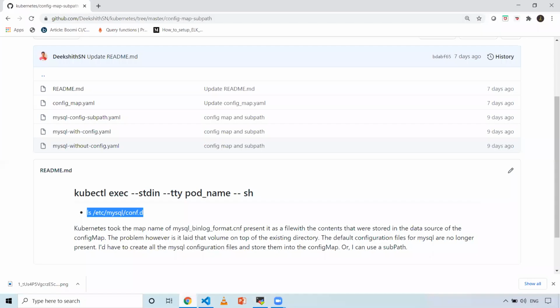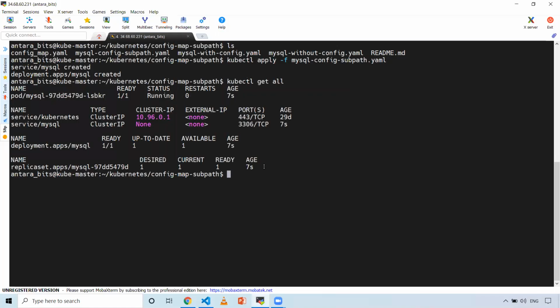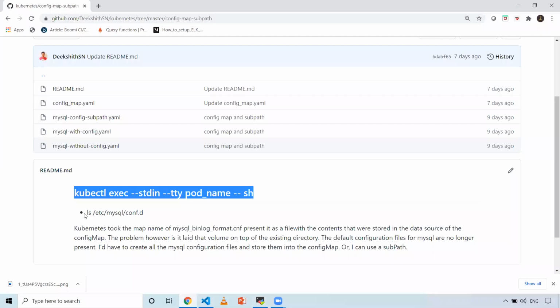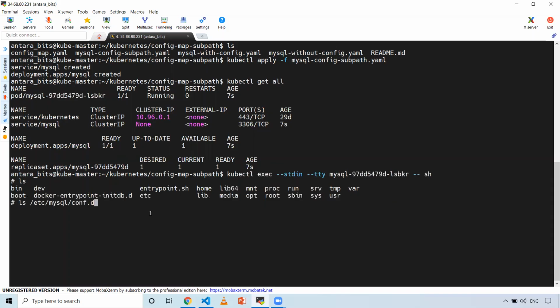Now let's get onto the pod again. Here I want to give my new pod name. When I log in inside my pod, let's do ls on this particular folder. Now the expected output is I should have 4 files.